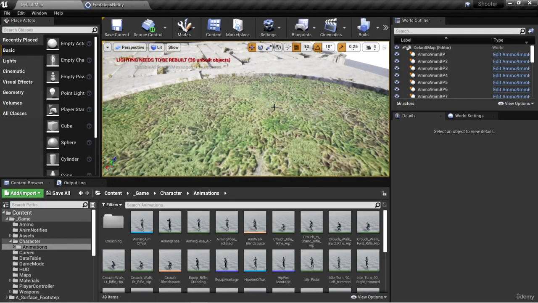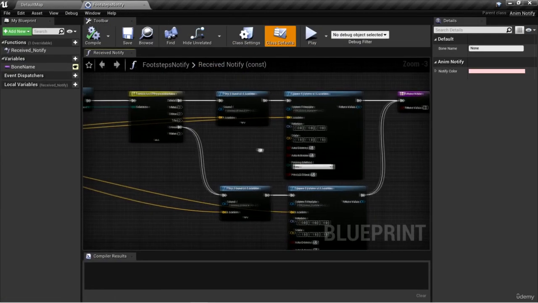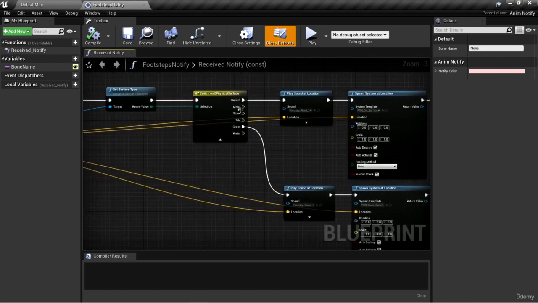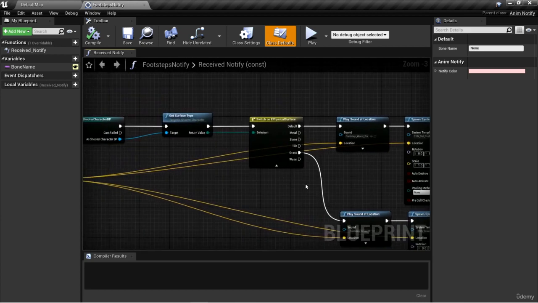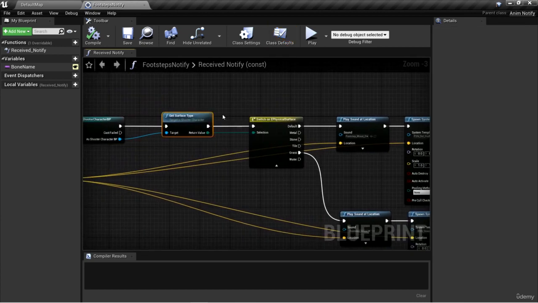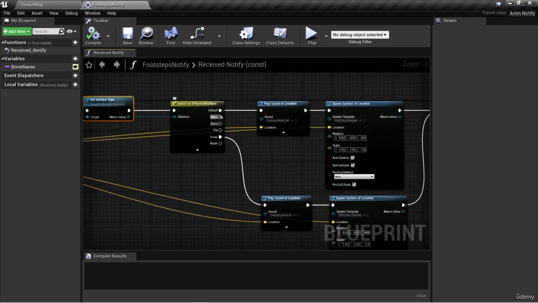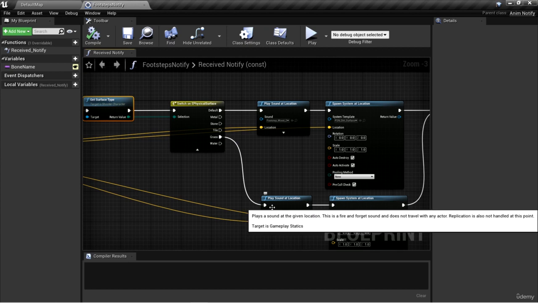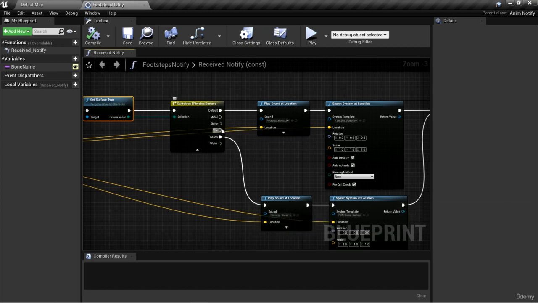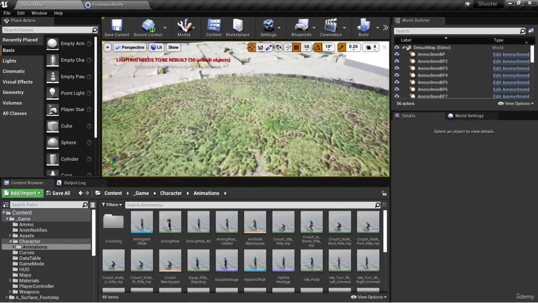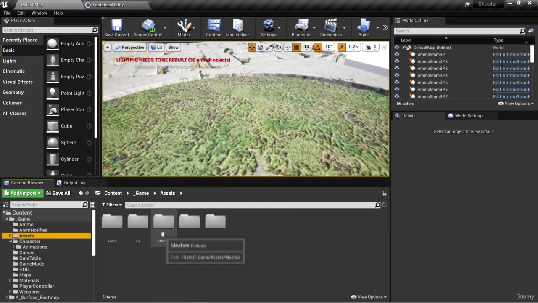Hello and welcome back. We've just added to our footsteps notify the ability to switch on the physical surface that we're standing on, and we get that physical surface from our blueprint callable function getSurfaceType. We're now ready to implement the other surfaces, as we currently just have default and grass. Now we need metal, stone, and tile as well as water sound cues, so we can go back into our